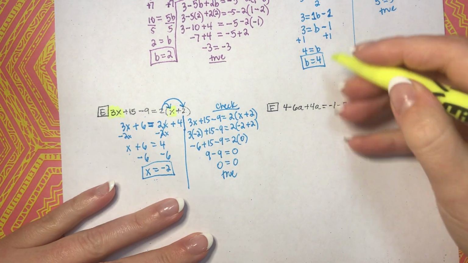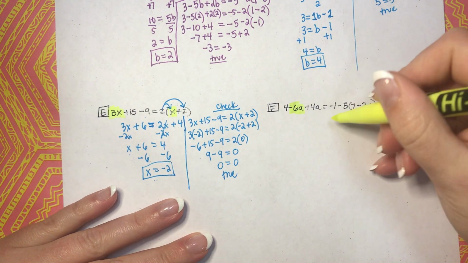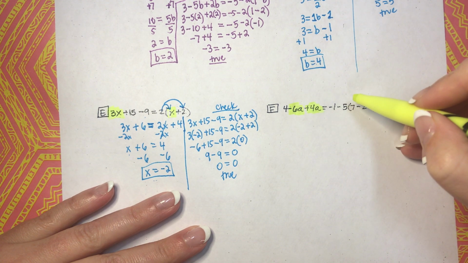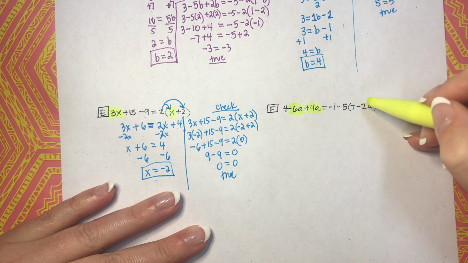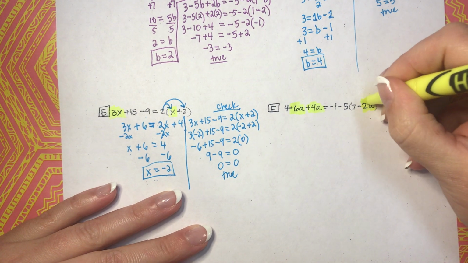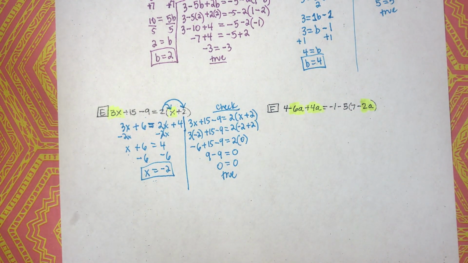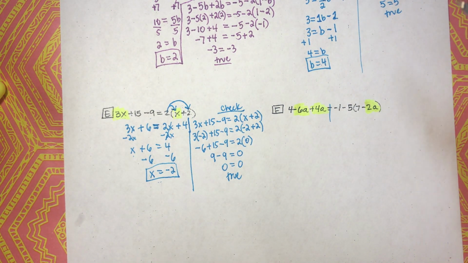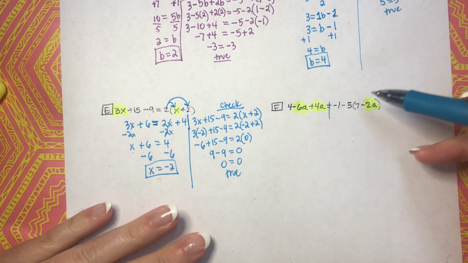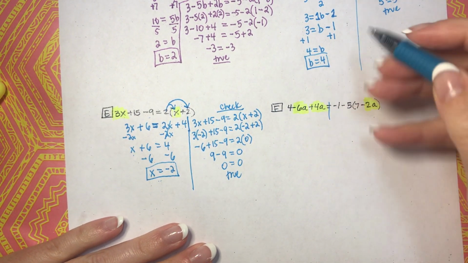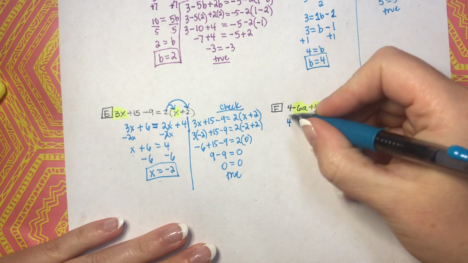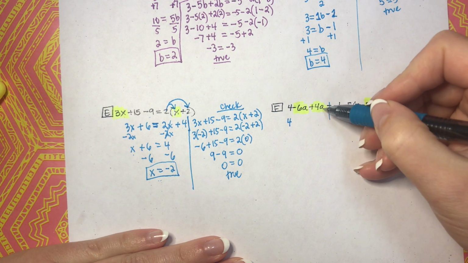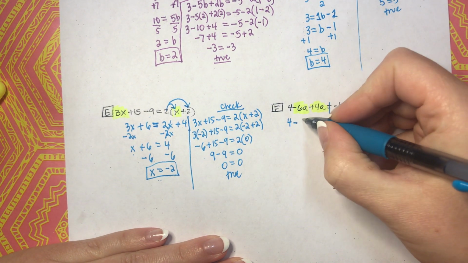4 minus 6a, okay, so that's our variable, minus 6a, plus 4a, okay, there's another variable, equals negative 1 minus 5 multiplied by the quantity, 7 minus 2a. Okay. So we're going to take each side of this equation and first simplify this left side. So we're going to combine like terms. We have variables here, right? So we're just going to rewrite that 4. There's nothing to combine with. There's no other numbers that are by themselves. So we just rewrite the 4. Negative 6a plus 4a would be a negative 2a